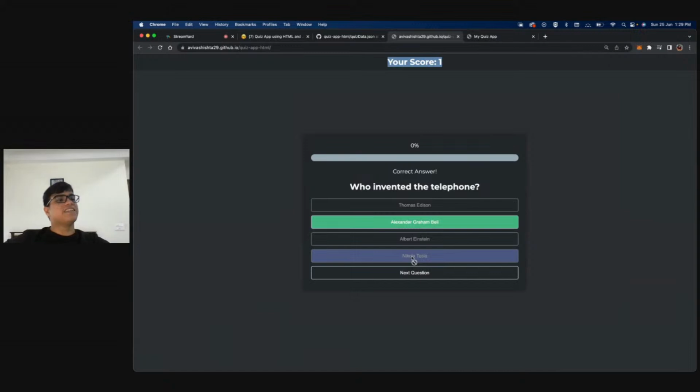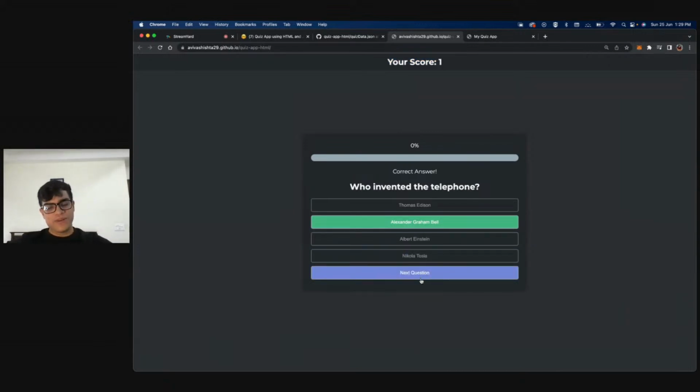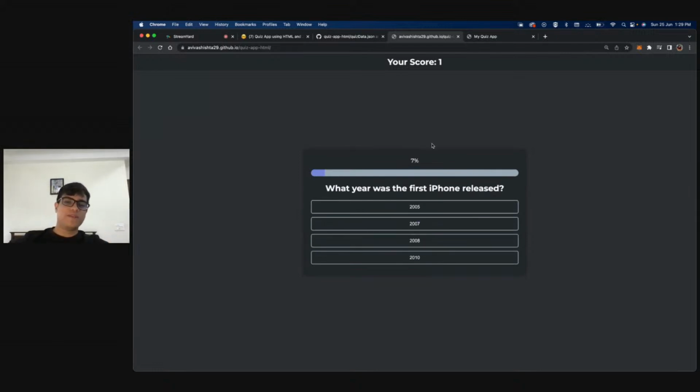Yes, it is possible. Okay. So then what we can do is click on next question. Then obviously what happens in the next question? The second question loads. So how is the next question logic working? We say, okay, now we will show the next question. So again, somehow a function runs which says show the next question. In this question, we show the question again, we show the progress bar, we show these options.